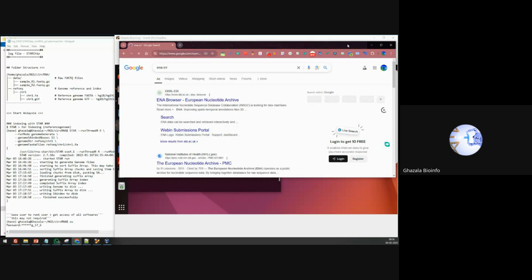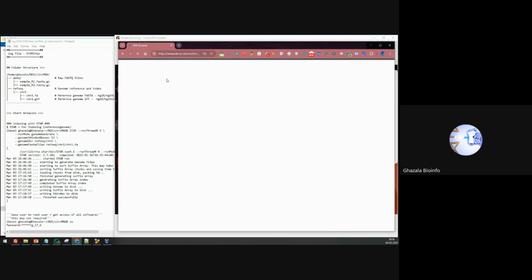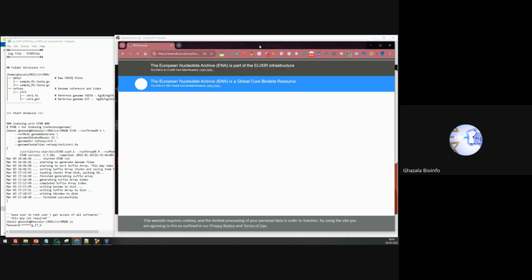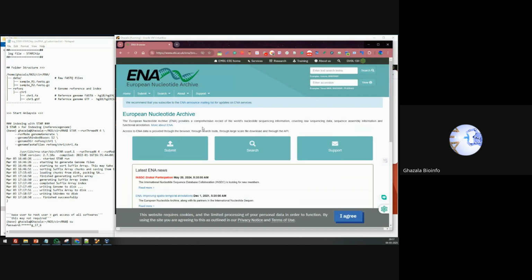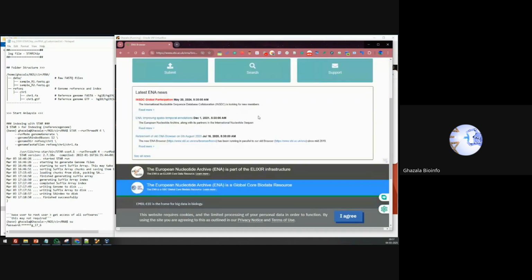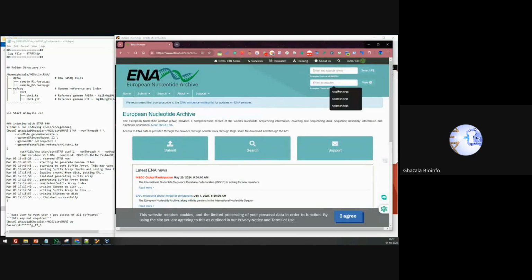Because when we are downloading directly from NCBI, it sometimes gives corrupted files. When there are paired-end reads, one file is okay and the other file is corrupted, and sometimes we have to split the files because it provides only one file for paired-end reads as well. So that's why it is better to always work with